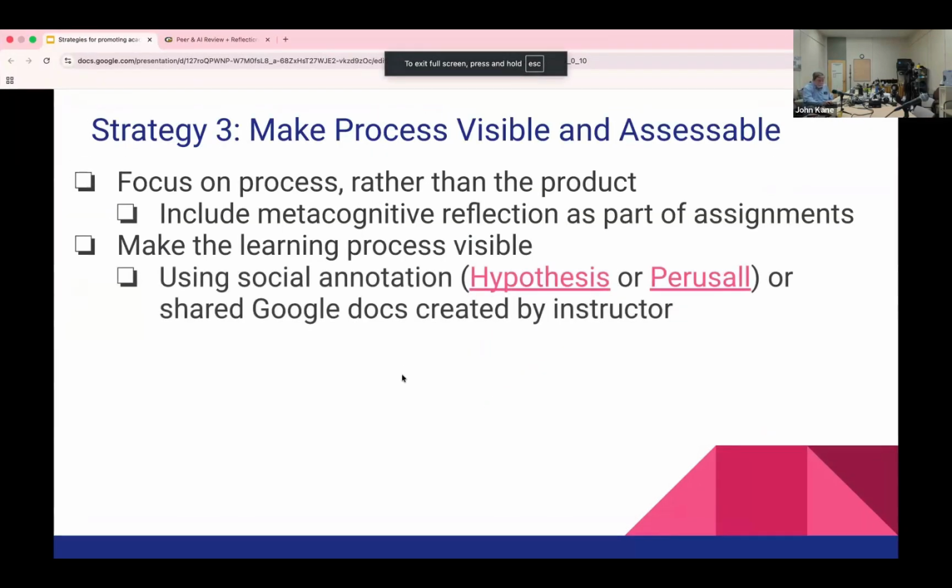One way of doing this is if you have students do some readings or other things, you can use social annotation. If you want students to read journal articles or other readings that are online, let them annotate it. And it's less likely that they're going to be using AI so much for it. This could have fit into the other slide, actually.